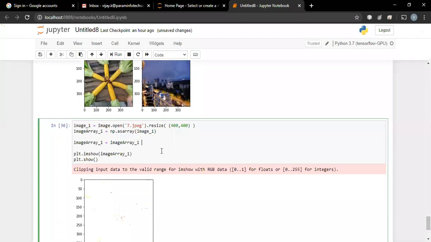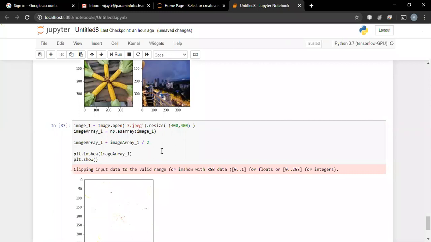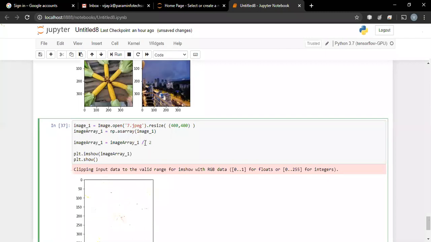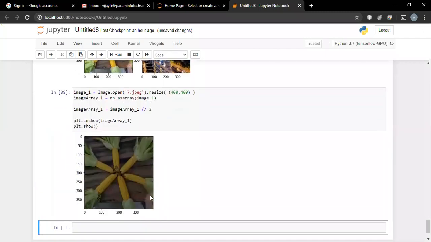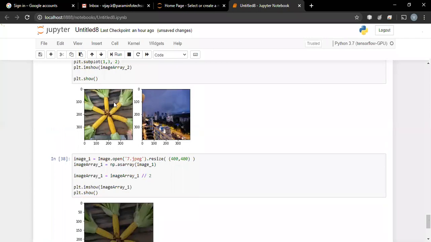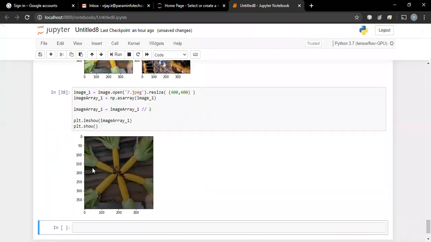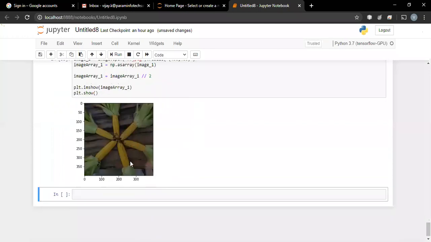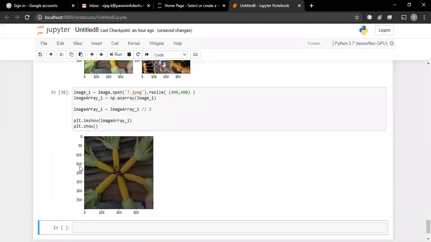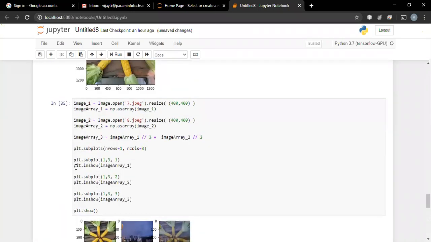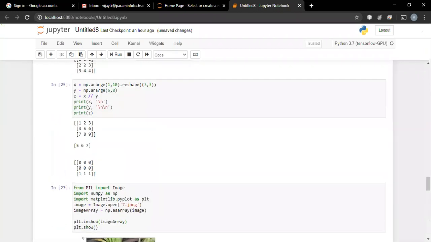So if I divide by 2, multiplying by 0.5 is similar to dividing by 2. But again, same thing. It is a floating point number. But what we want is an integer value. So we'll go for double slash. And we have our array. You can observe that the image is a bright image and the image is a dark image over here. We are reducing the intensity values. And what happens in case of double slash is something we observe over here.